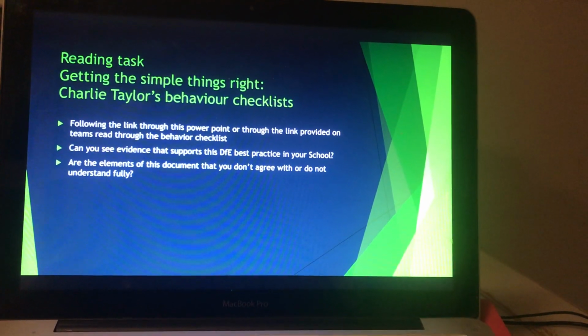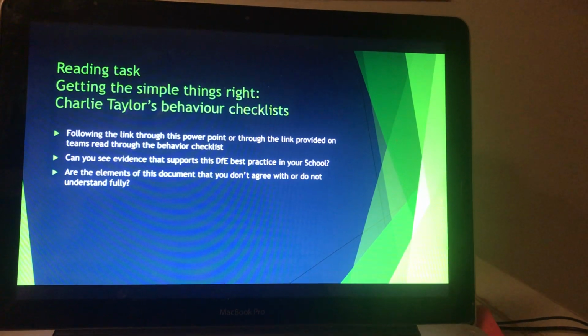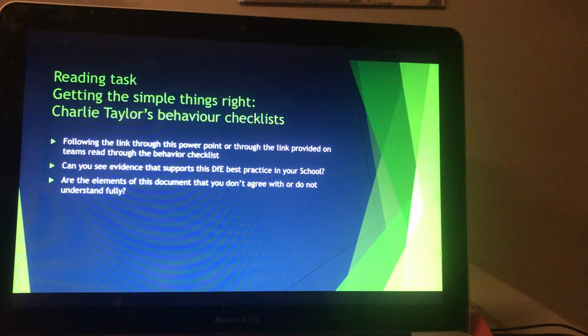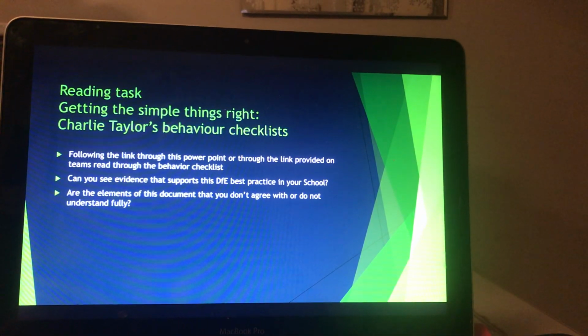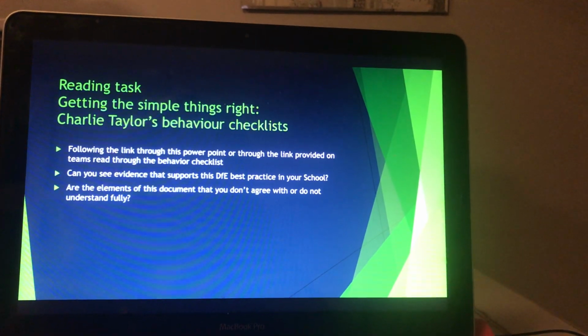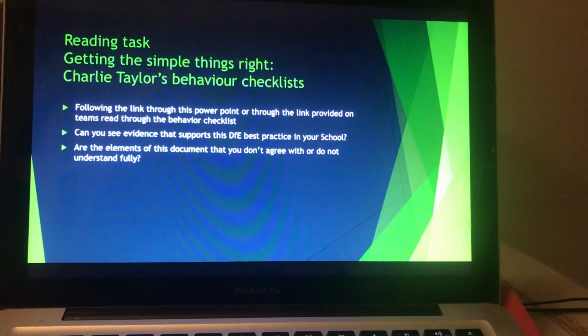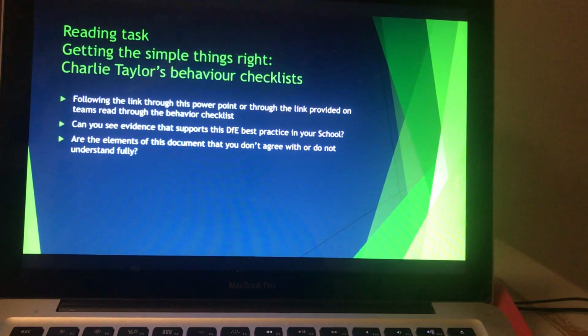Now, this basically is you reading in, researching something, and then you're going to be able to reference it appropriately when it comes to responding to the criteria that we'll set you next week. Okay, so it's like a practice run, if you will, so all the hard work will be done for you when you bring your thoughts together.